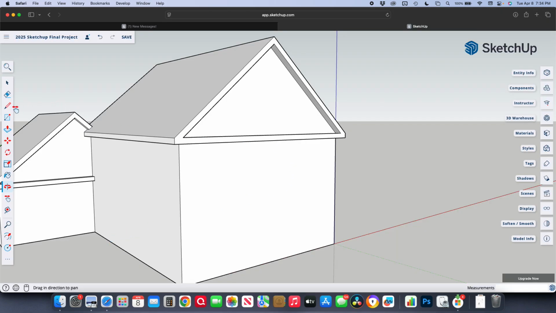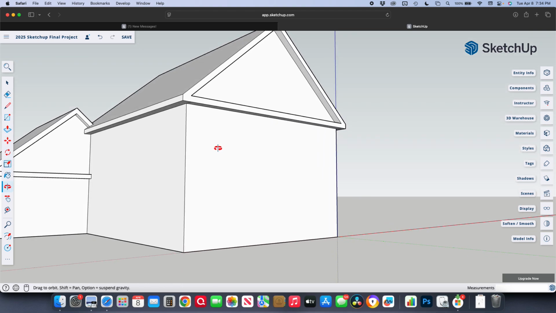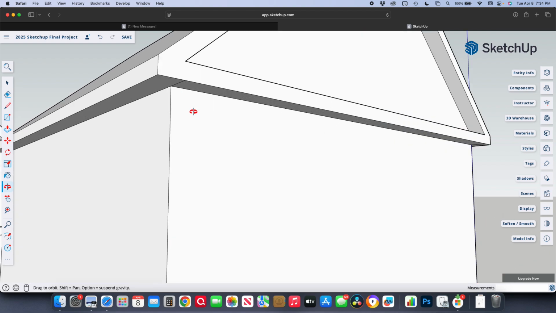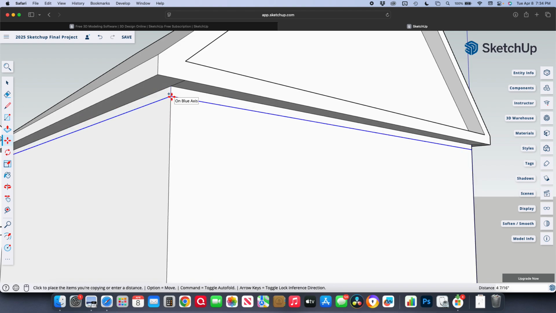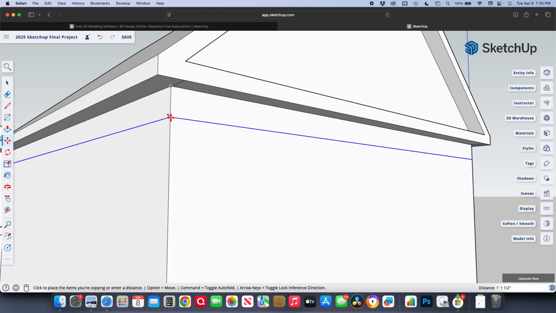In order to do that, I'm going to orbit here, get a good look at it. Grab any corner, I don't really care which one. I would probably just copy these lines. I would select it, shift to select it. So now I got both those lines. I go to the move command. I go option, in your case, alternate. There it is. Click, bring it down,